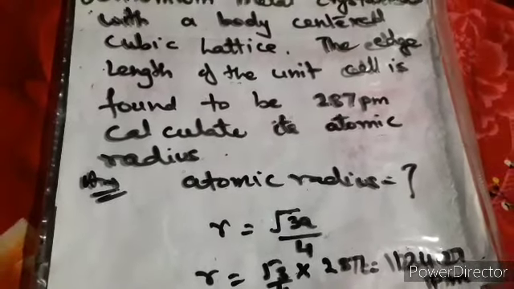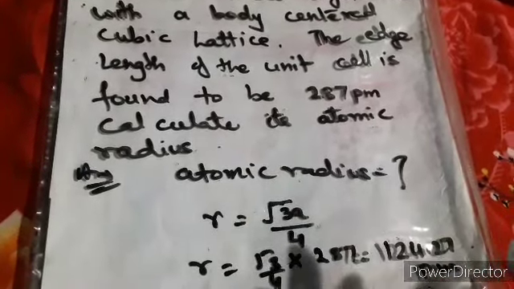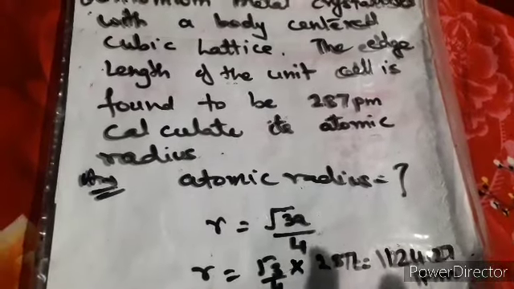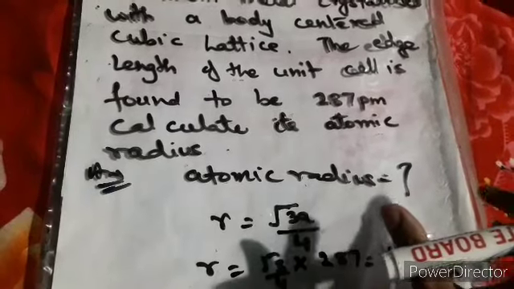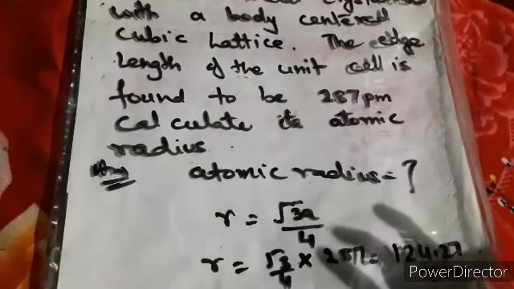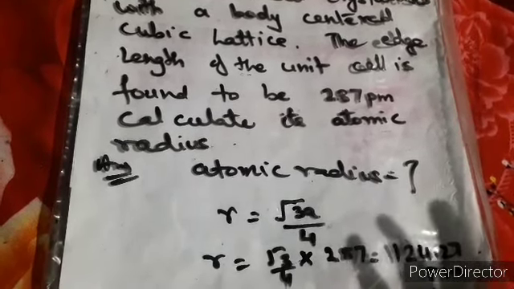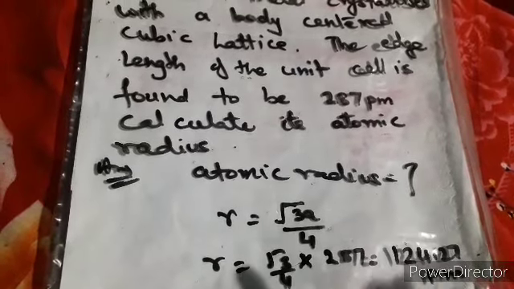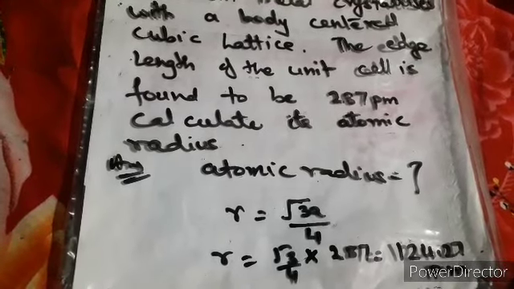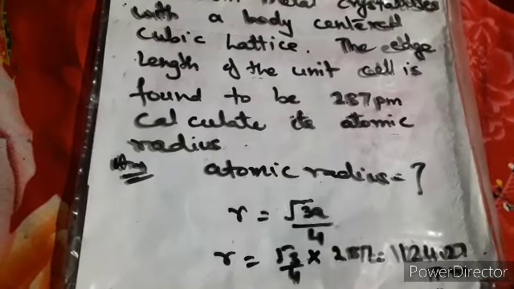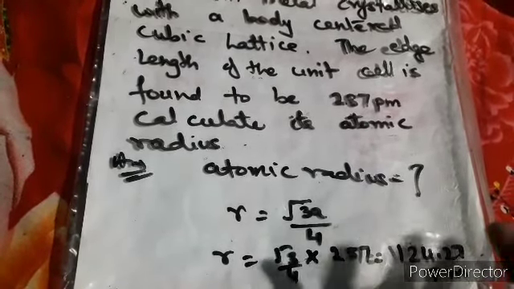Now this numerical will help you with whatever the teacher asks you. Here I have given you BCC, and you have two other things also, SCC and FCC. No matter what the teacher gives you, you have the formulas, you put the formula in and can calculate whatever the teacher asks, whether it is a distance, nearest neighbor distance, or the radius of an atom. I just want to give you that overview so this concept is clear to you. Please don't ignore it, because numericals come from this part also.